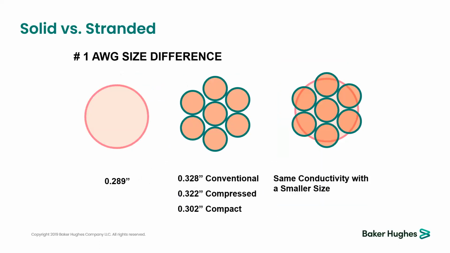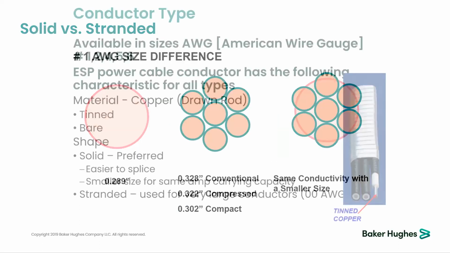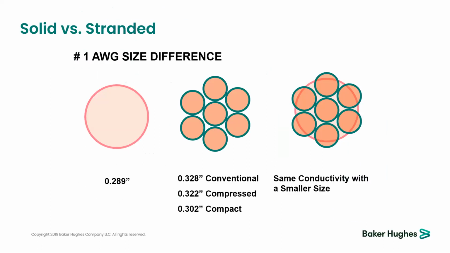Sometimes the conductor is coming in three different categories: either solid, same as the photo on the left hand side, or stranded, same as the one in the middle, or compact stranded, like the one on the right hand side. The solid conductor comes as only a single bar, not divided, okay, and has a bigger OD. And stranded is divided into almost 7 copper bars, and compact stranded is the same as stranded, but it's compacted